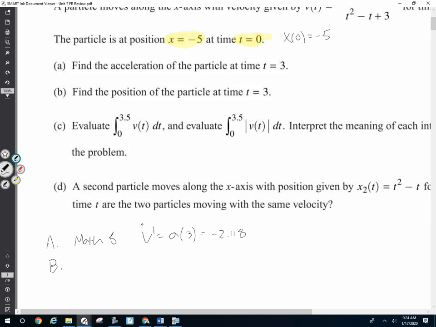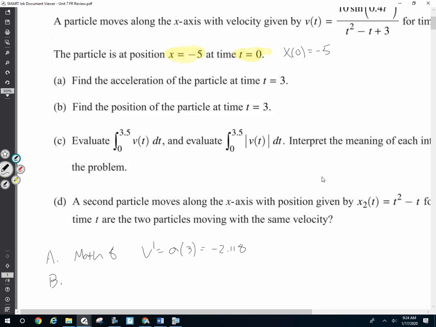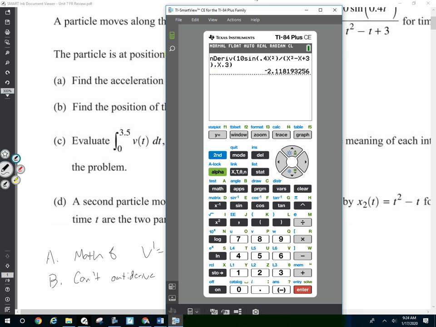Find the position. So I can't anti-derive to find a position function. So instead, I'm going to have to do an unknown position, an ending position, equals a known starting position plus my displacement, which my calculator will calculate. Displacement is the area under the velocity curve. So I'm going to go ahead and do